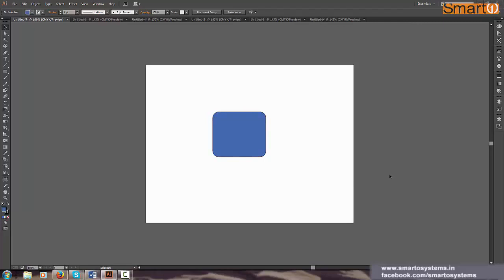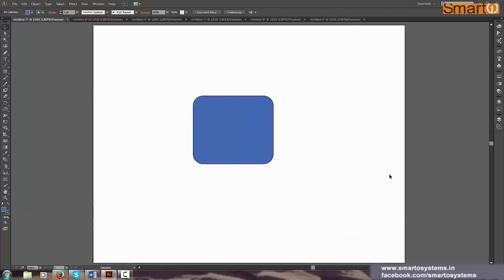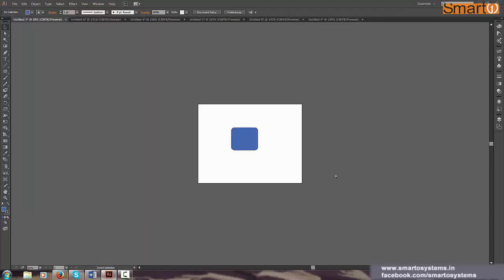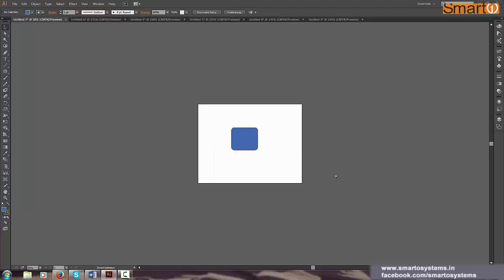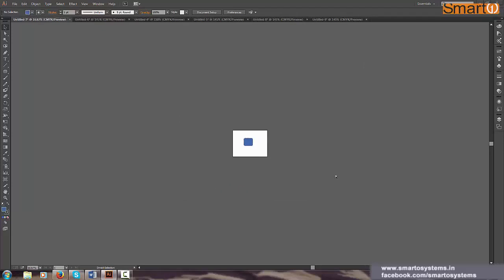The other way to zoom in and zoom out is control negative and control positive. If you want to zoom out, you have to press the control key on your keyboard and hold it down, and then press the negative key or minus key at the same time. The minus key can either be on your numpad, or with your numeric keys, where you have 1, 2, 3, 4, 5, 6, 7, 8 above the Q, W, E, R, T, Y keys. So hold control and press the negative key.